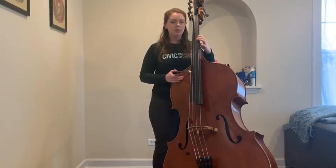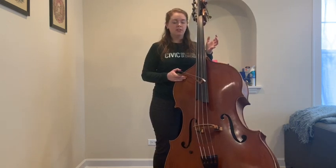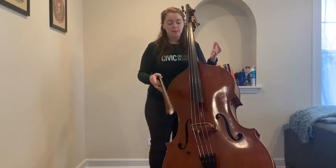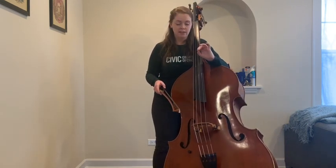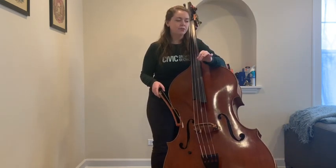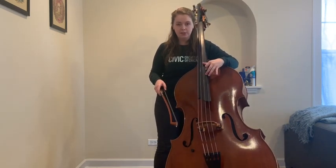Or we can shift up to C, either way, but we have to move our hand slightly out of position. In thumb position, however, we can keep it all in the same place. So we'll start on the A string with a C on second finger. And different from the top part of the scale, where we have E with 2, this is going to